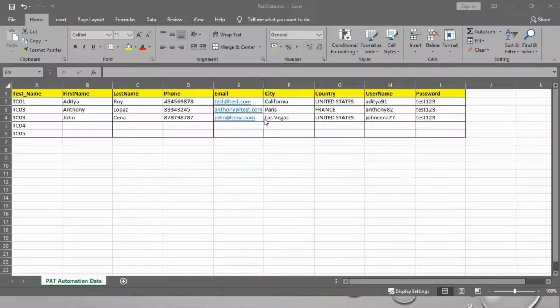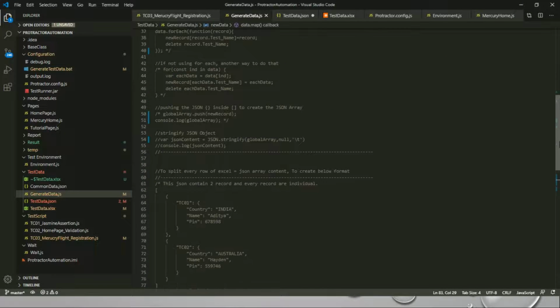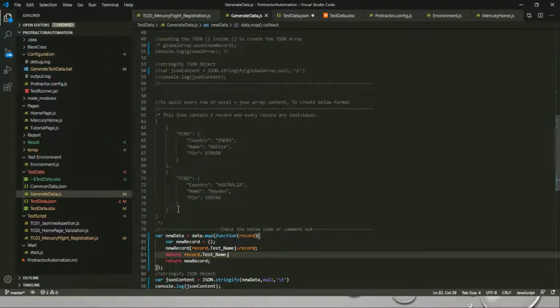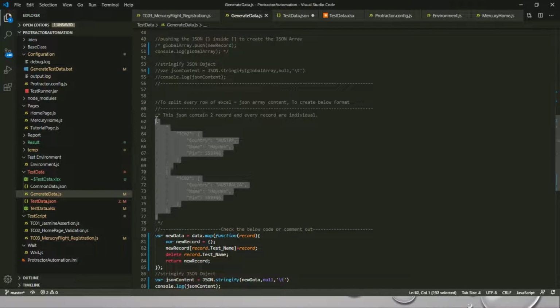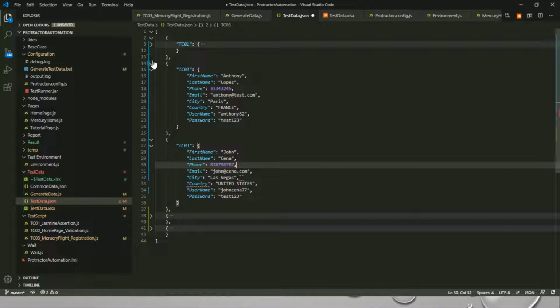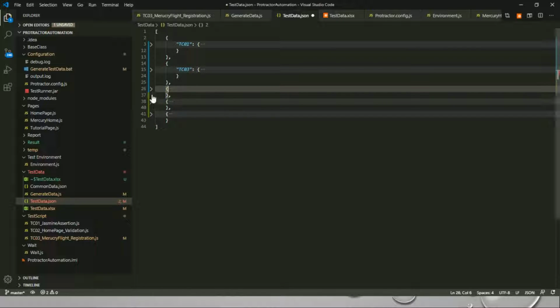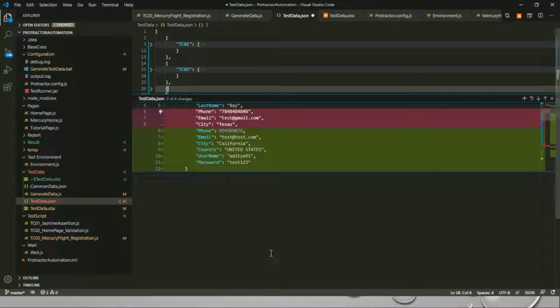Another way, let me tell you, in general data, basically, if you can see, we are creating a JSON array. Okay, we are having multiple JSON objects in the array. If you can notice, we currently have TC01, then TC03, TC03. We have 5 data, right? 5 rows, right?